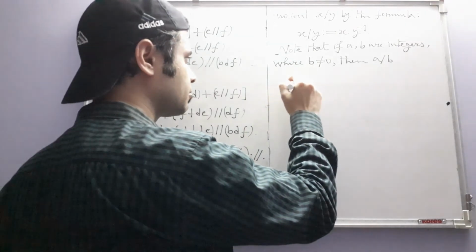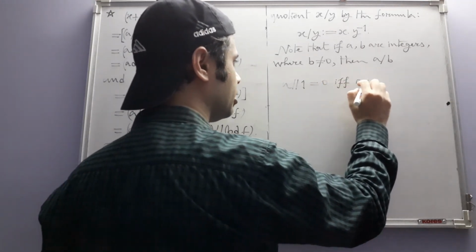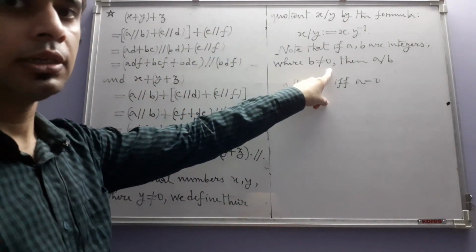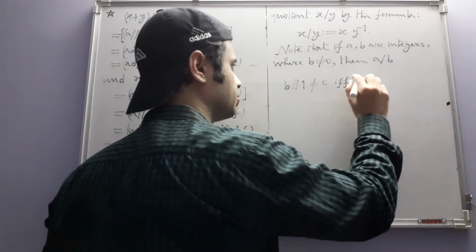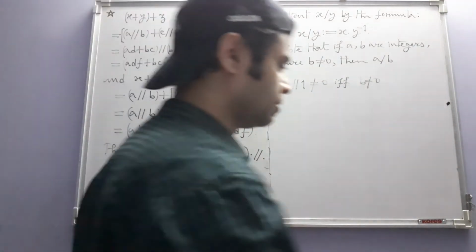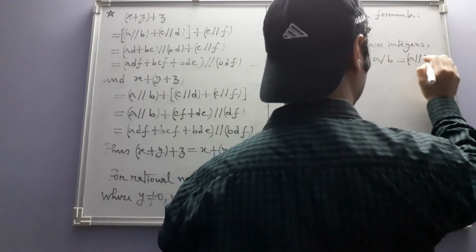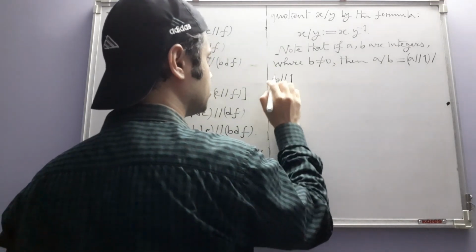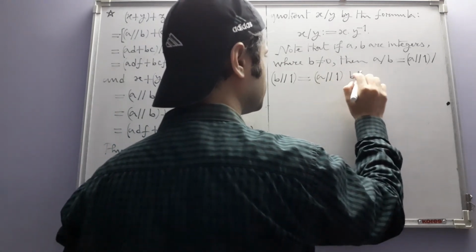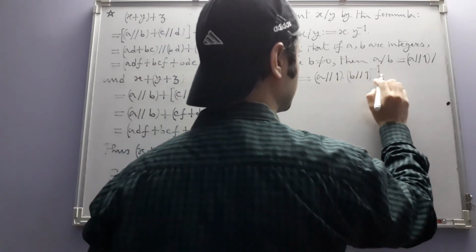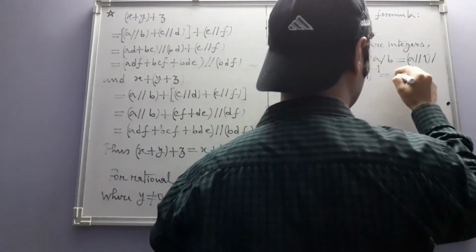We have already seen that a by 1 is equal to 0 if and only if a is equal to 0. So the fact that b is a non-zero integer tells us that this rational number is also non-zero. So from that identification, this actually means the quotient of a by 1 and b by 1. Then you apply the definition of quotient, that is the product of a by 1 and the reciprocal of b by 1. And the reciprocal of b by 1 can be formed, or it exists, because b by 1 is a non-zero rational number, and the reciprocal is this